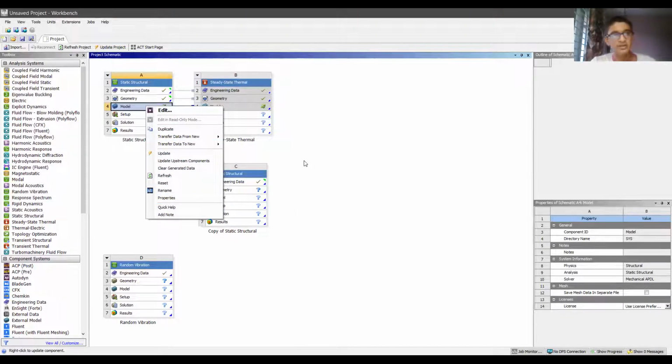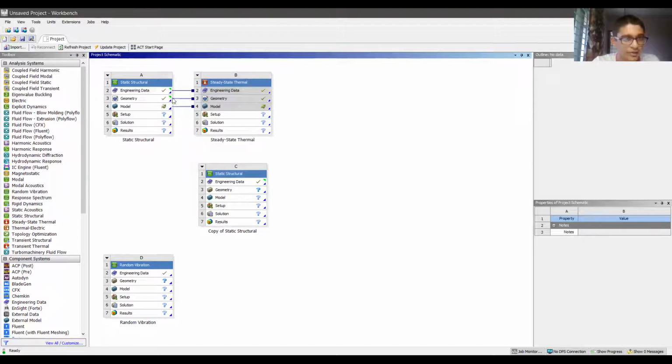Every time you make some changes to upstream components, it is recommended you enable this option to update the upstream component. So whatever work you are doing on the model or setup file in the next step will be correct afterwards. You can also clear the generated data. As soon as I imported the geometry file, the question mark over here changed to a refresh button.